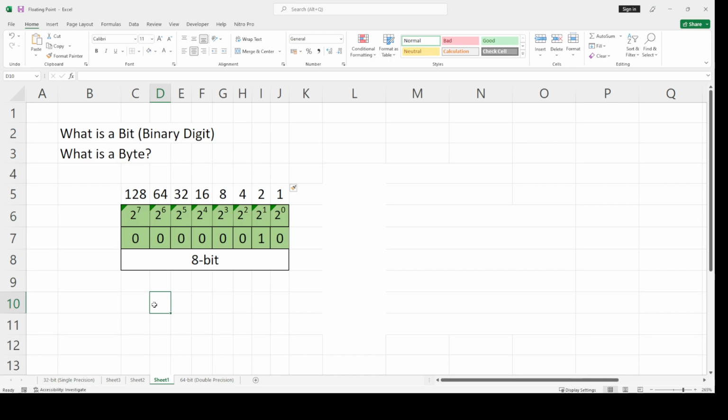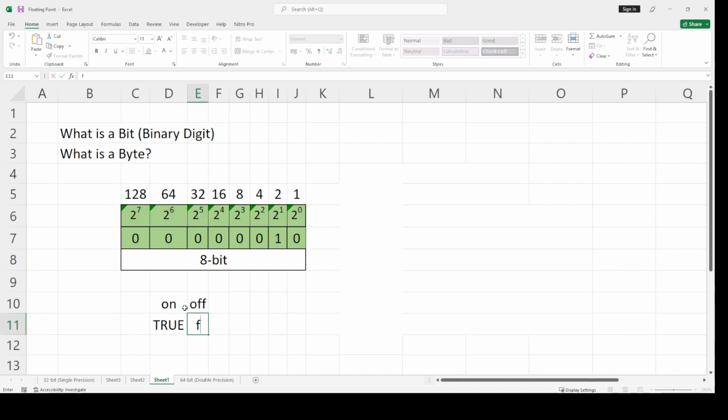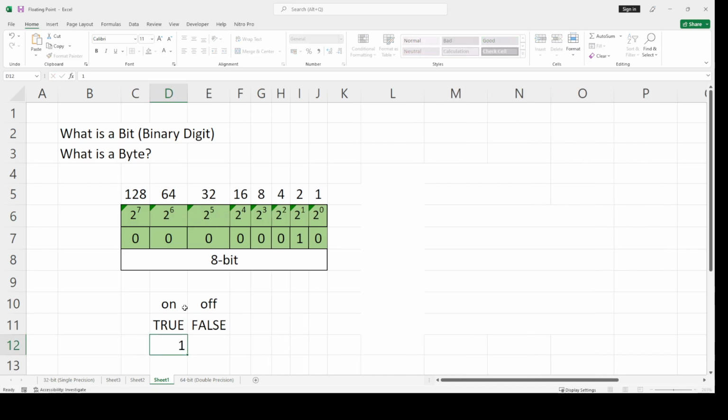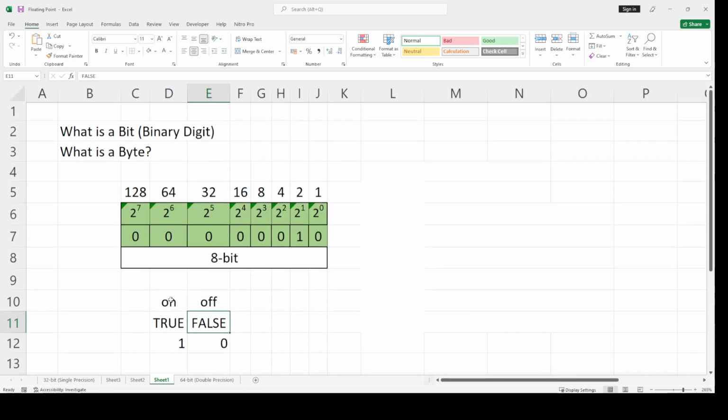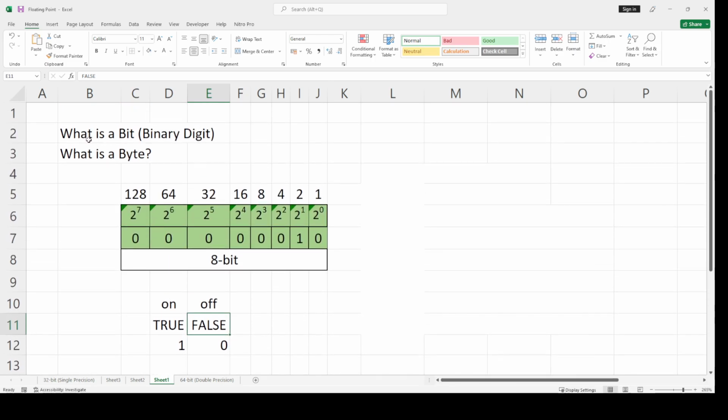A transistor is a gate or a valve that allows electrons to pass through or stops the electrons from passing through. By doing that, we created a state for a computer and how it can process, and that state is in a binary form. So a computer can only do these things: it can either be in an on state or an off state, a true or a false state, and a one or a zero state. This is what we call the term binary. Therefore, we start with the meaning of what a bit, or binary digit, is.